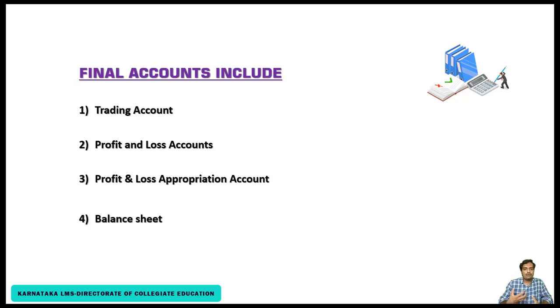That means they want to judge the financial position of the business concern because they are involved and have transactions with it. In order to plan their future course of action, particularly investment planning, every stakeholder needs accounting information regarding the financial position of the business concern. The financial position can be judged only with the help of the final accounts.